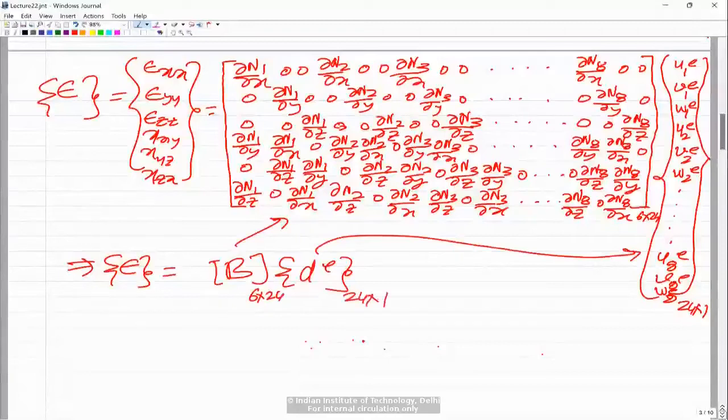So you will also realize that we obviously cannot solve problems using this 3D element manually, because this B itself is 6 by 24, and when we do B transpose C into B, we'll have to multiply those matrices, and the stiffness matrix is going to be of size 24 by 24. So it's very involved work,